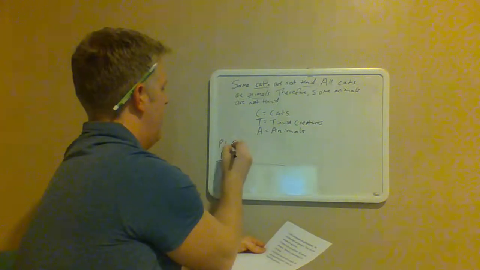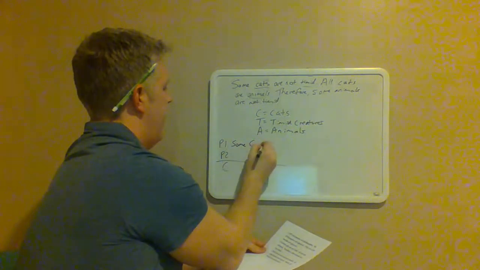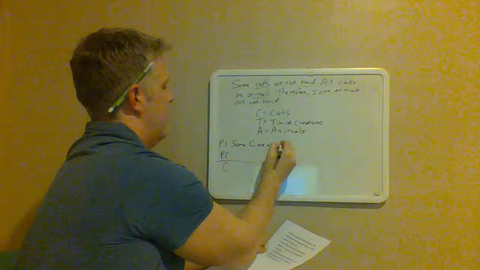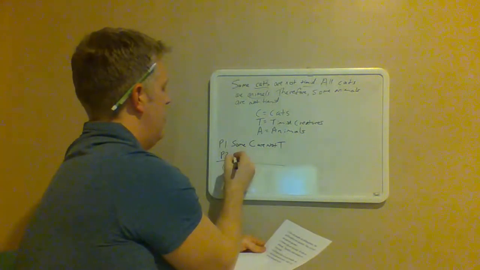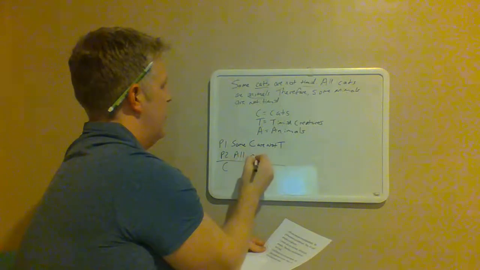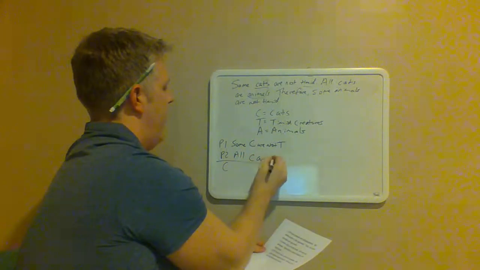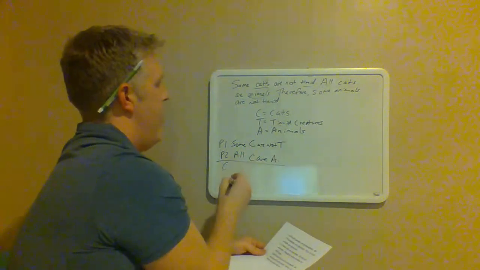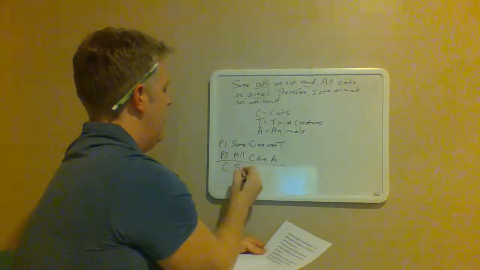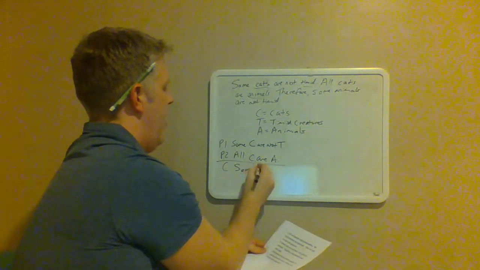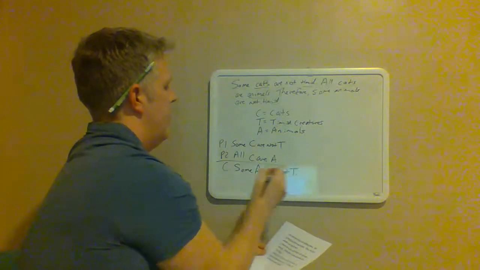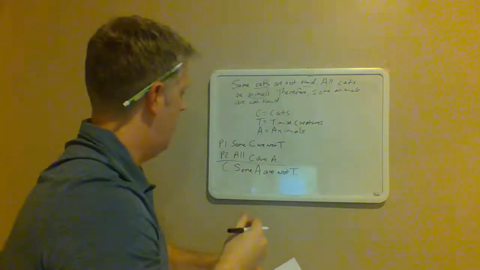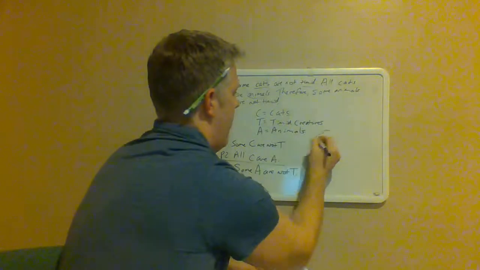So we have some C are not timid creatures. Some cats are not timid creatures. Premise 2, all C, or all cats, are A, or animals. And from that, they want us to conclude that some A, or animals, are not T, or timid creatures. Okay. So now we're in a position to go ahead and